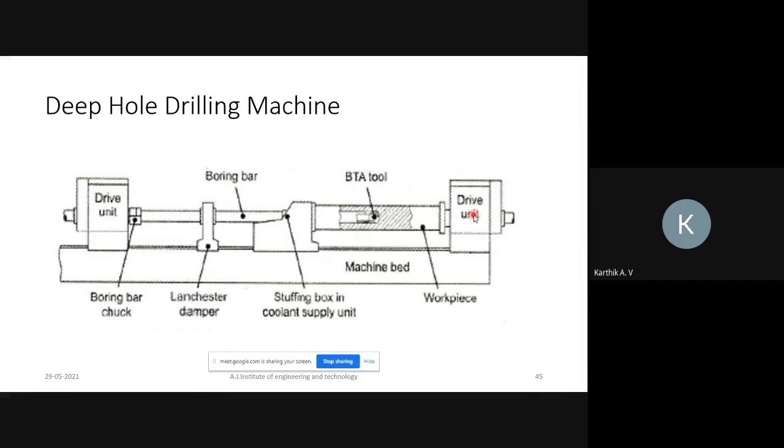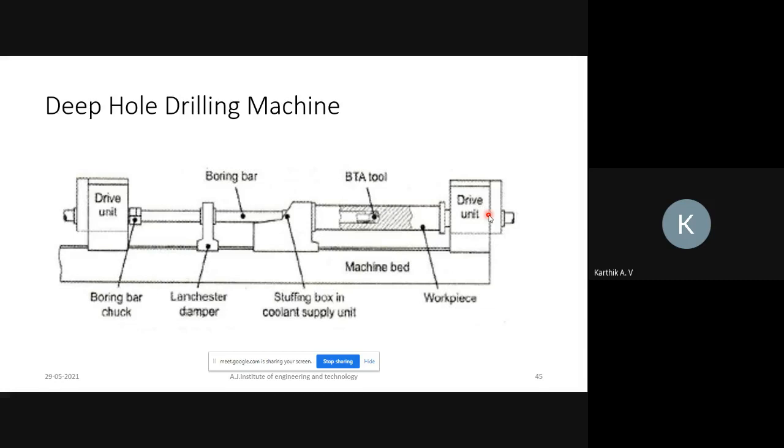The drive unit is nothing but two motors being used. One is for the tool and one is for the workpiece, and both are rotating at the same speed but in opposite directions. If the tool is rotating clockwise, the workpiece is rotating anti-clockwise.